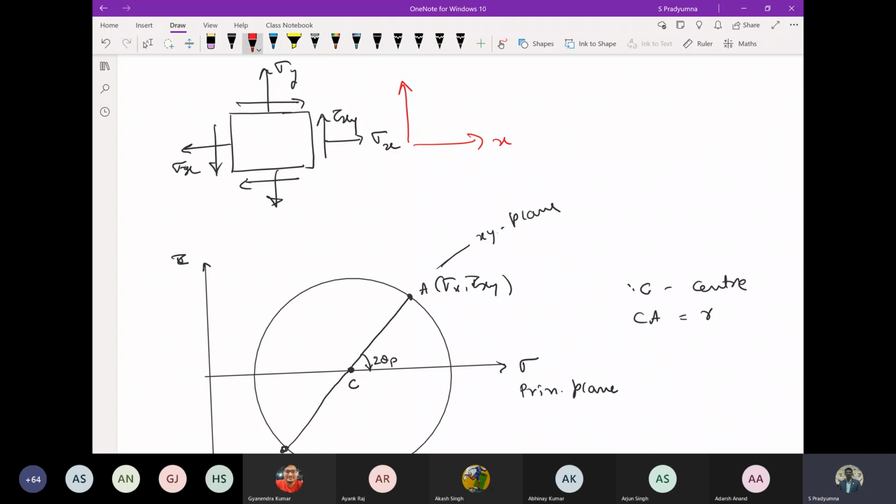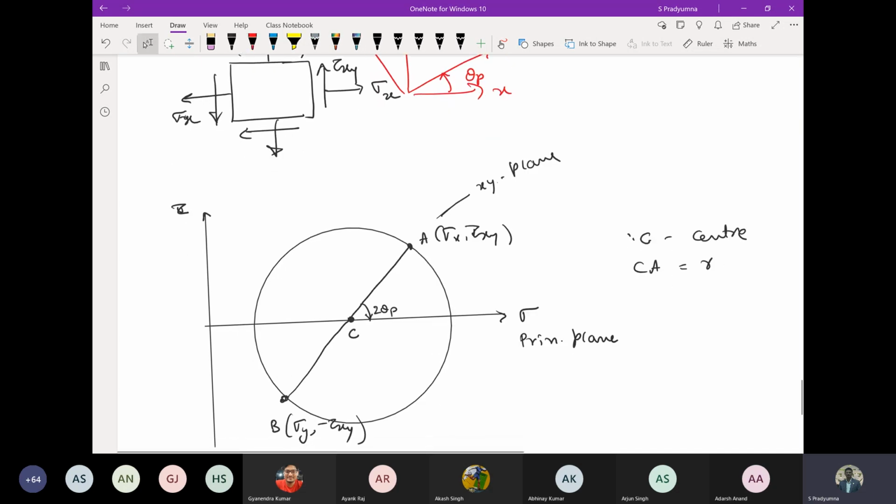So this is my x, y. I call this, for example, axis 1 and axis 2. Here theta p is measured in the counterclockwise direction, whereas in the Mohr circle we are measuring it in the opposite direction. Okay, so this is the way we do it in this approach. There is another approach where you take the tau axis in the downward direction, and there you rotate in the same direction, to make it a mathematically consistent approach.